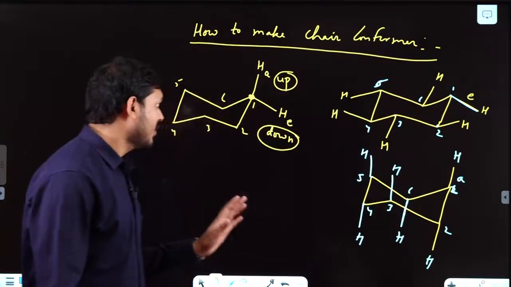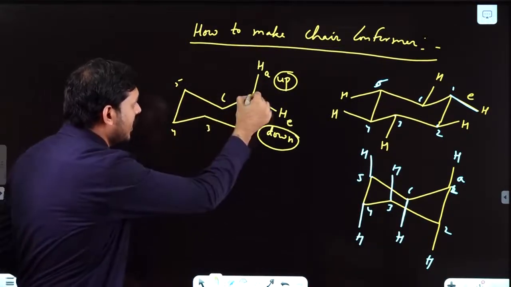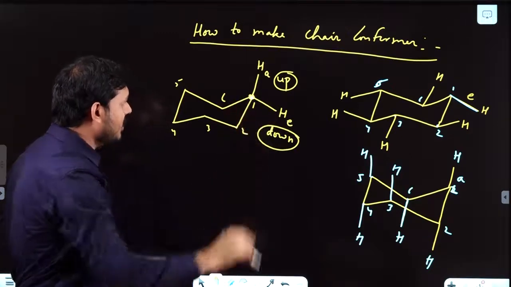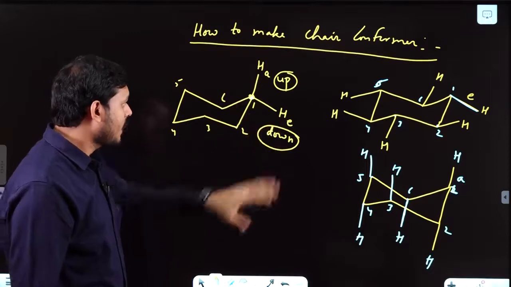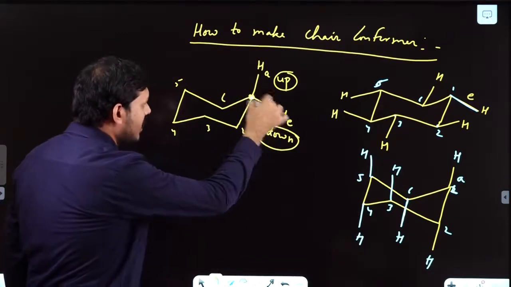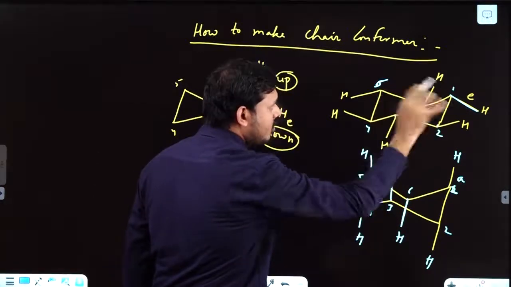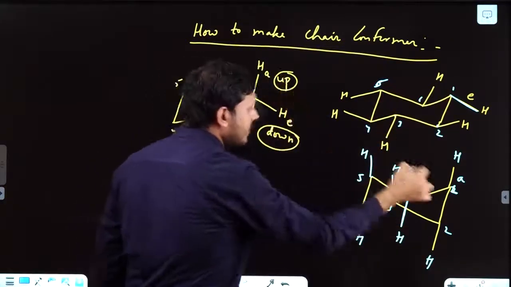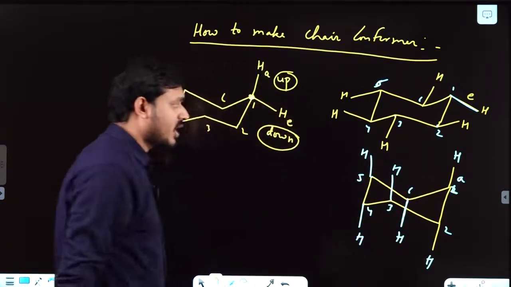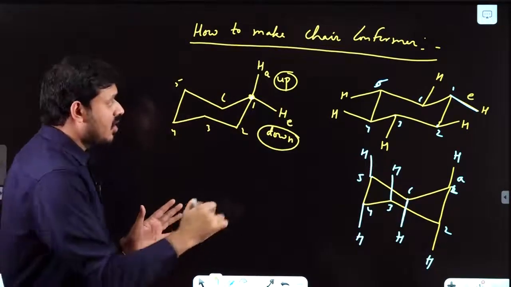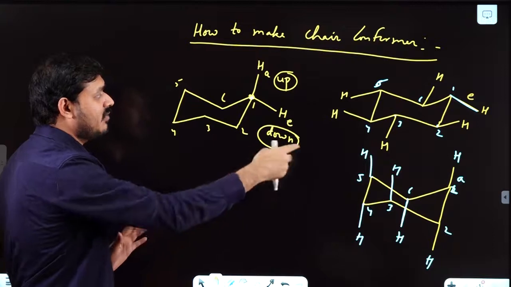Okay, so once again I am repeating. I started with this carbon. I have taken this point as the reference point or first carbon. Upside is your axial, downside is here towards equatorial. Starting from first, down, up, down, up, down, up. That will be your equatorial positions. Starting from up, down, up, down, up, down. That is your axial positions. Okay. Now I am drawing all the positions, including all the hydrogen atoms in axial and equatorial positions.